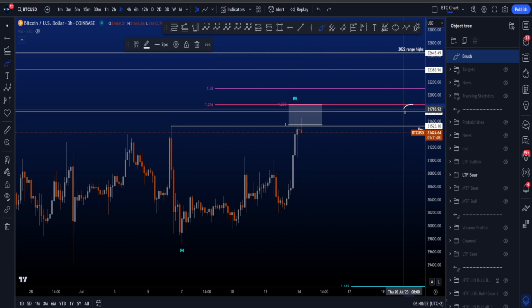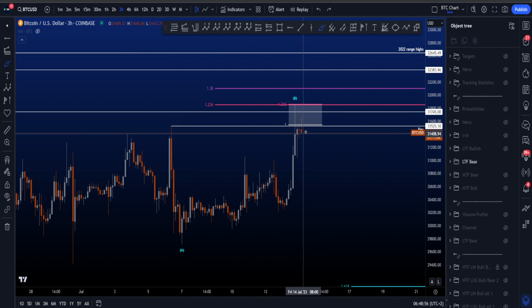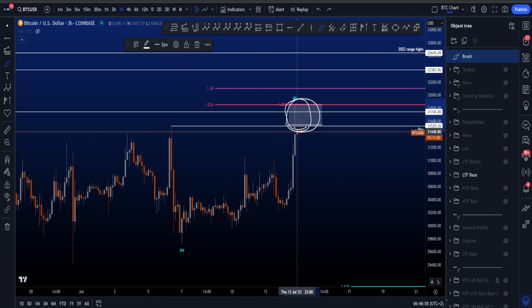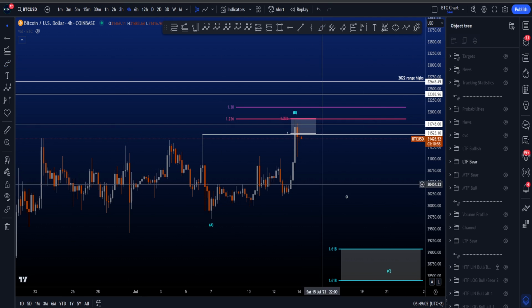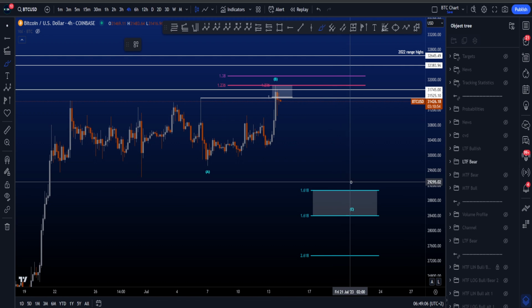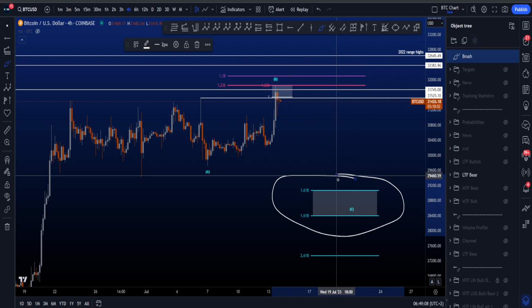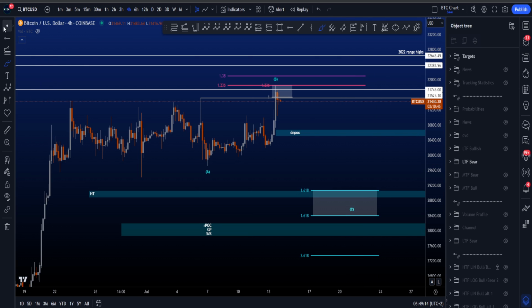Swing failuring the 2022 range high plus the high that we have over here, then backtesting this area for a move to the downside in a wave C. Very attractive indeed, where the most common target area for wave C between the two 1.618s over here is around the 29.1k level and 28.3k level, which is also interesting because then it is around the support that we have